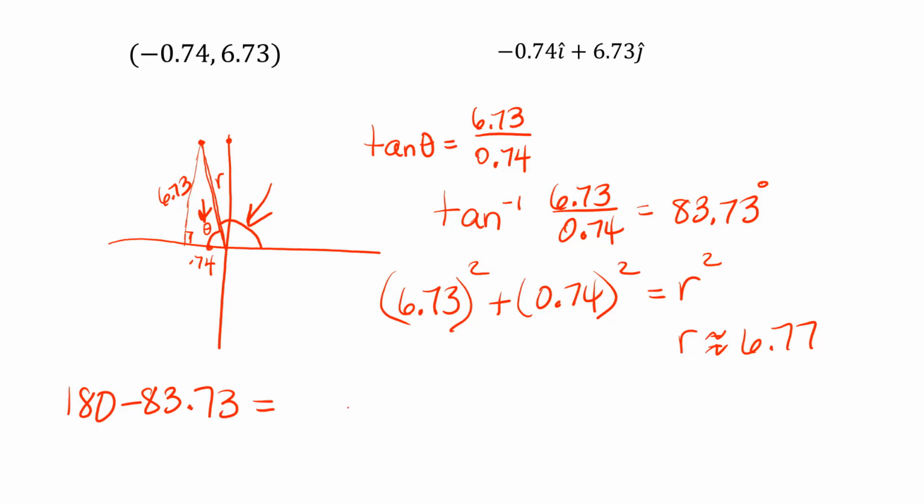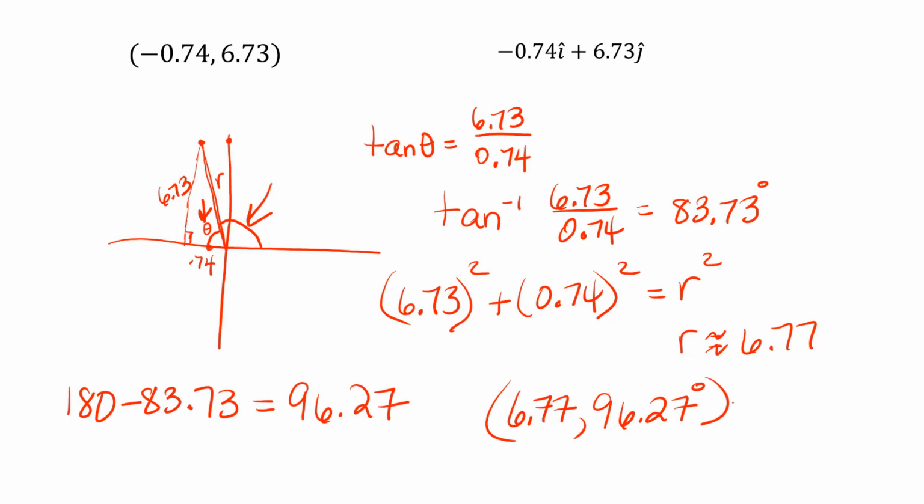So our final vector is going to have the radius 6.77, and it's going to have angle 96.27 degrees, or your book would write it 6.77,